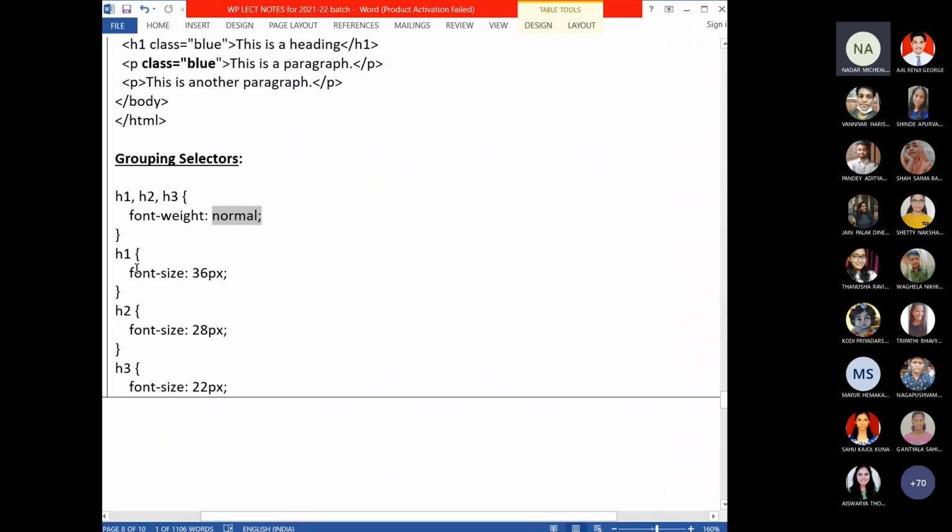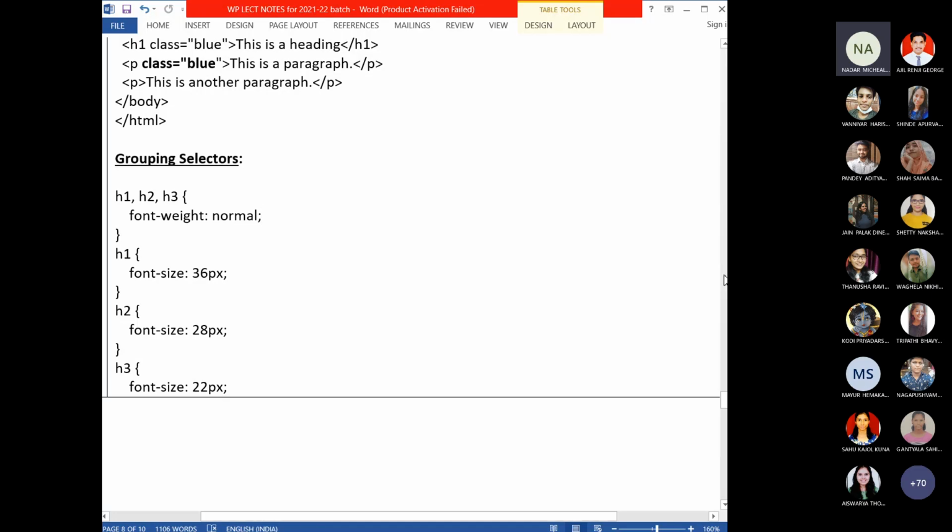But at the same time, H1 font size should be 36 pixel, H2 font size should be 28 pixel, H3 should be 22 pixel. So for different style definition for different tags, and also some common style definition for more than one tag, you can use grouping selector.